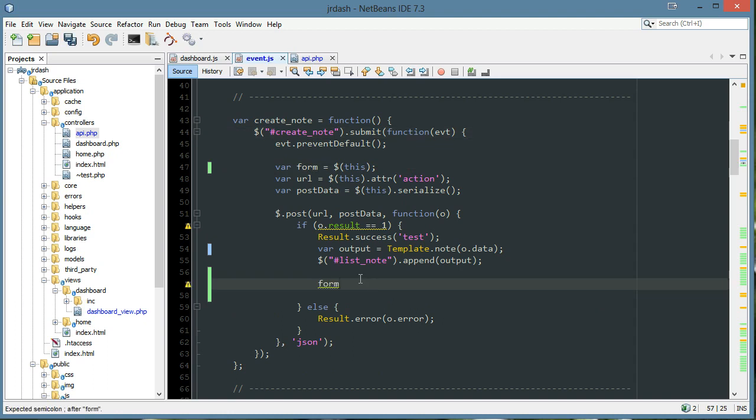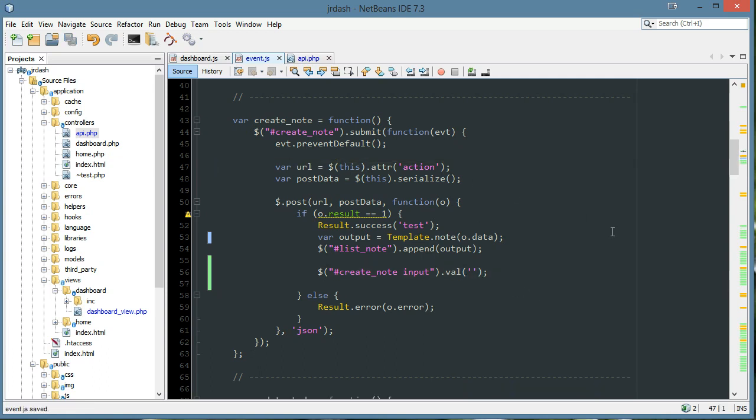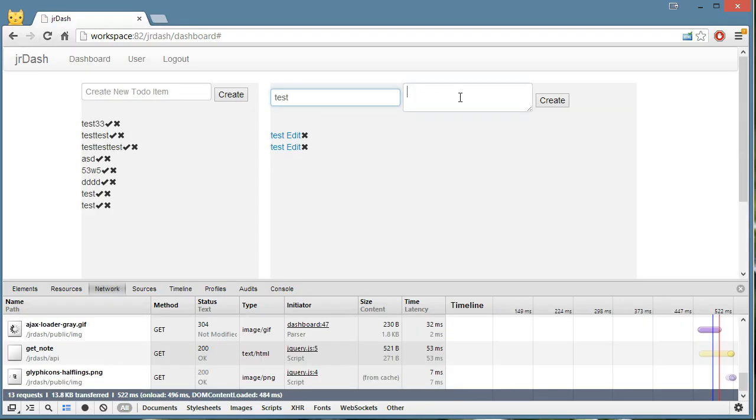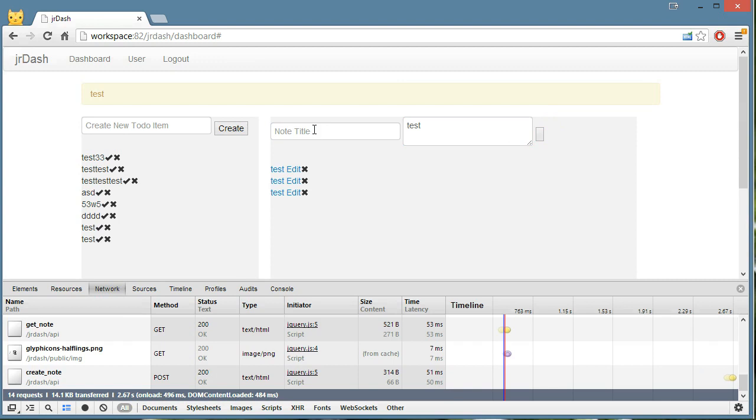So I'll say form, actually that's going to be harder to do that way. Let's just do create note input dot val and quote, and make sure you have 2 quotes in here so it makes it empty. So I'll go ahead and delete this, and let's refresh and test create, and it erased